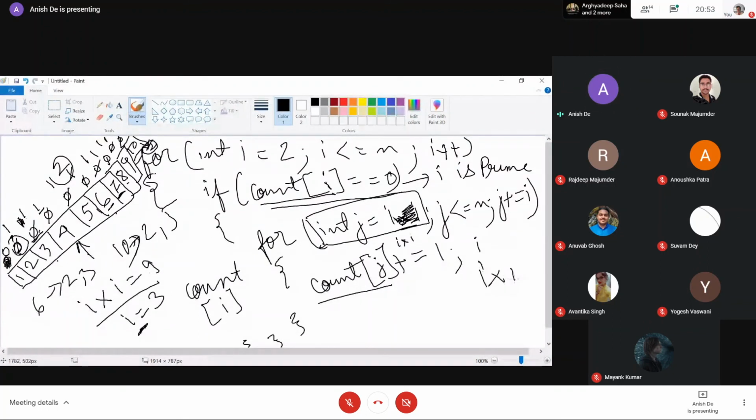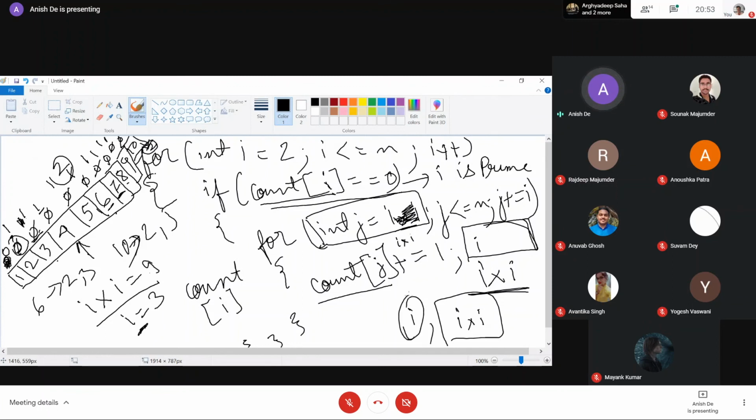What I generally do is start from i because it's a safe option. But when the time limits are a bit tight, you can start from i into i if the algorithm is correct by starting from i into i. So just keep in mind whether you have to start from i or i into i, because in the problem Sonak described we have to start from i into i, but in this problem you have to start from i.